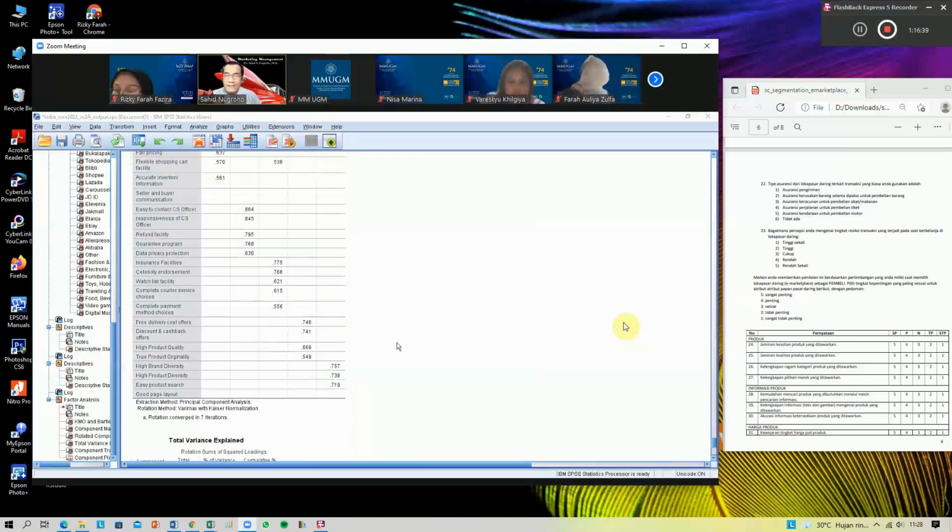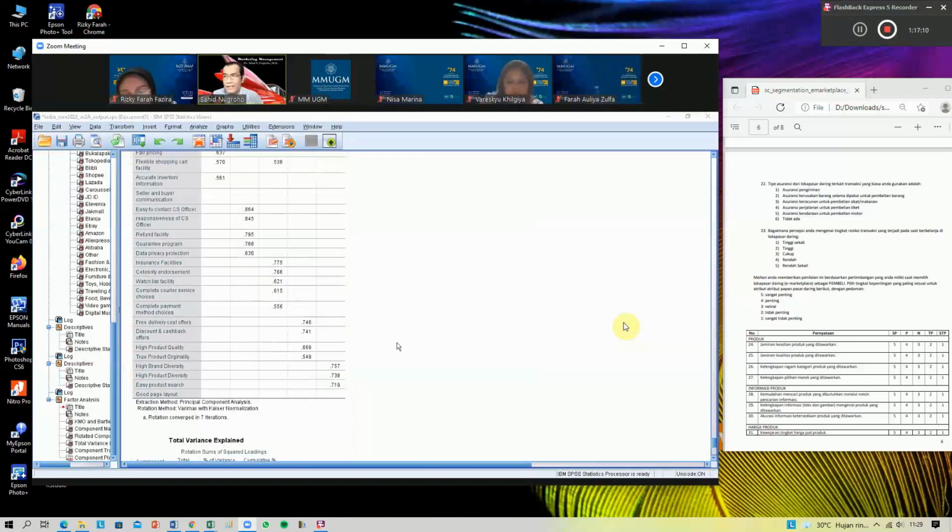And then the next, segment 4, consists of consumers who have a big concern toward free delivery cost offer, discount, cashback, high product quality, and true product originality. So the first is about promotions, and the second about the product quality, concerning the originality and the quality itself.